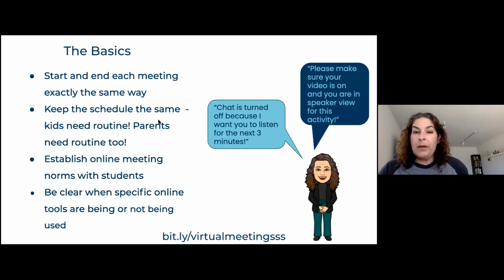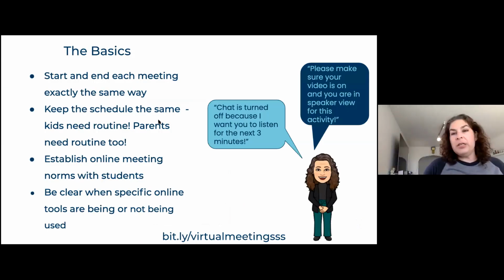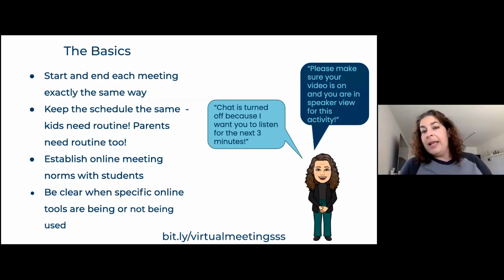So I want to start with the basics and just talk to you a little bit about some of these norms. Now, I'm not going to give you a list of norms to make with your students because you all know what is important to you, and it's also individual, right? If you have a kindergartner, the norms that you would set are a little different than the ones that you would make for 7th graders, high schoolers, or 3rd graders. So what I have for you is some basics, foundations to get you started.